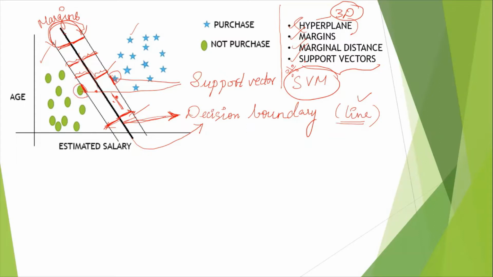Do support vectors touch the margins, or are they just near the margin? Actually it depends upon the data, okay? Most of the time it will pass through the margins, but in some cases it could be very, very close, but it cannot touch, okay? Based on these two, the margins are formed, and based on the margins, the boundary is formed. And this boundary is helpful in classifying two different classes of data.